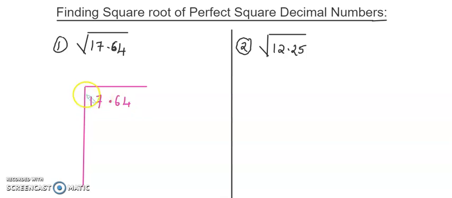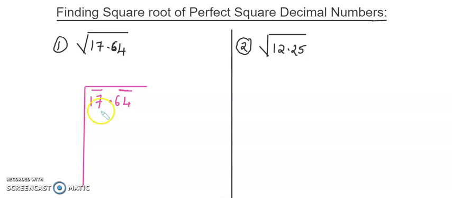On the left side, that is the whole number part, you will start pairing from ones place towards the left. Whereas on the right side of the decimal, you will start pairing from the tenth place, means 1/10th place. So on the right side of the decimal and on the left side of the decimal, we'll start pairing in both directions.